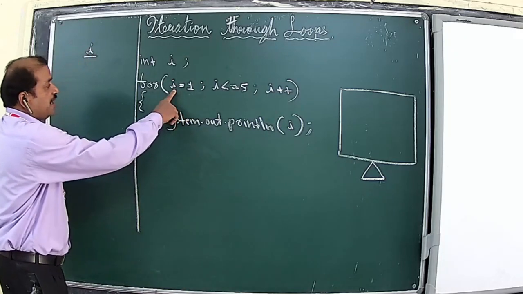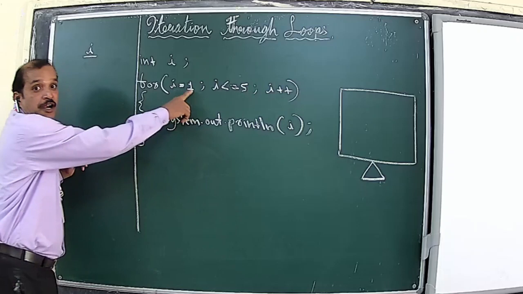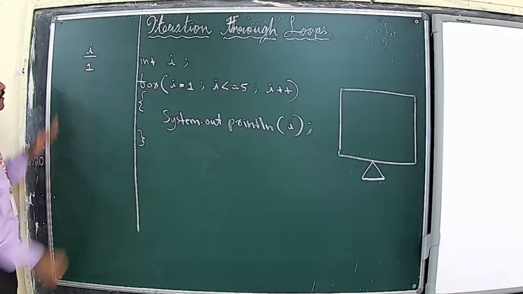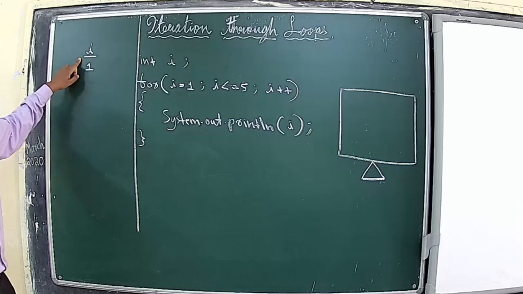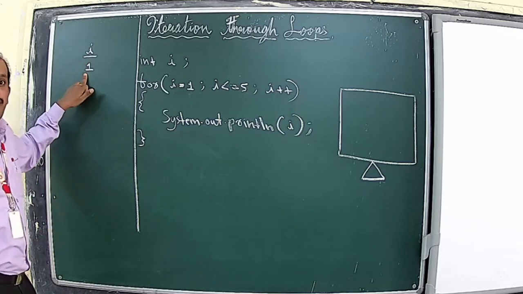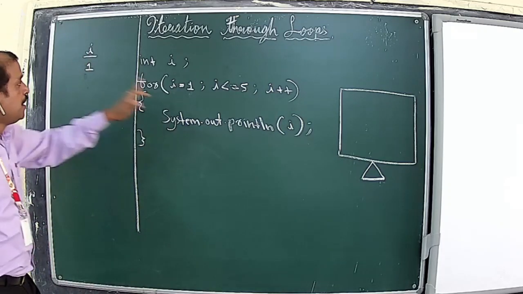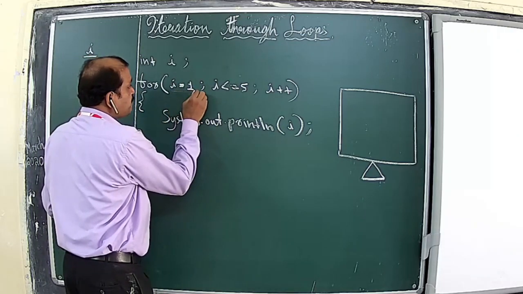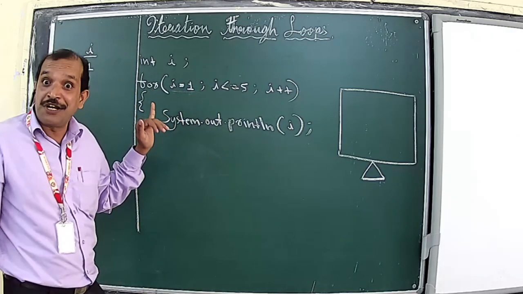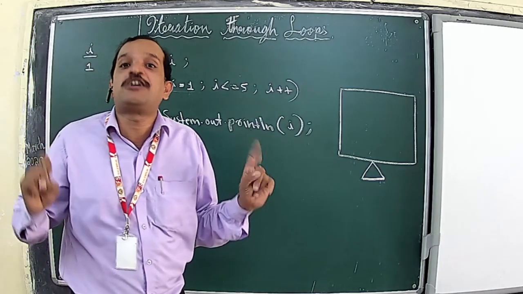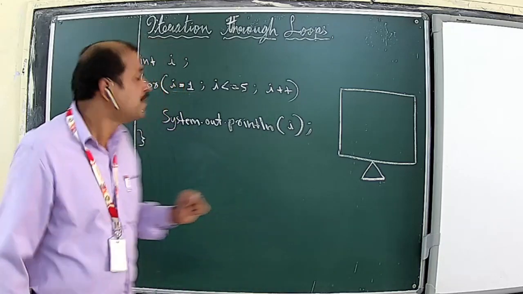So the initialization expression i = 1. Definitely the value of i will be 1. And remember, this happens internally in the computer memory, handled by the compiler. So in the computer memory, the value of i becomes 1. Now we proceed after the initialization expression is executed. And for your information, this initialization expression is executed only once in a loop.